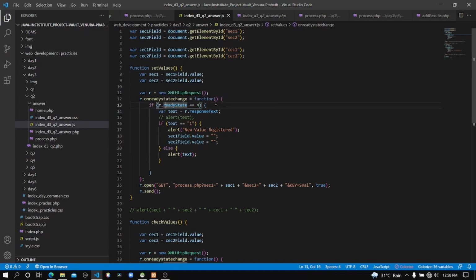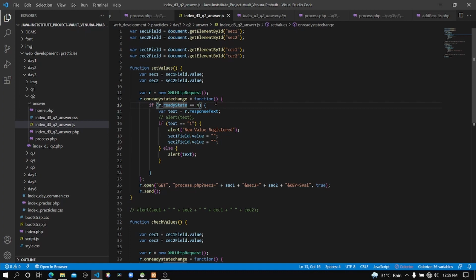So we can say the state 1 is leaving the client side to the server side with a request, and the second one is reaching the server side, and the third one is waiting until the process is done, and after the process is done, the fourth part is coming back with the response or the output from the process file to the client side.